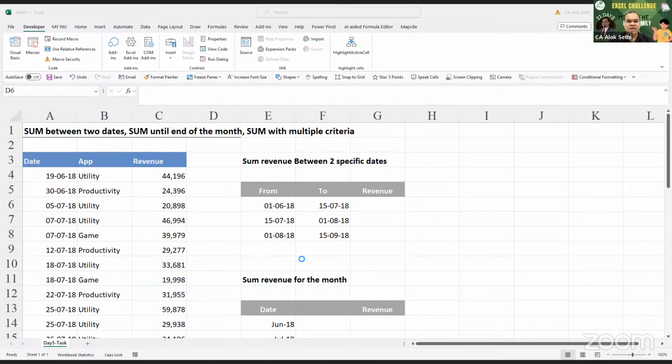Now suppose I want to extract the year, month and day from the date. Then I can use these three functions: year, month, and day. If I write year and select the date, it will give me the year from the date. If I write month and select the date, it will give me the month from the date in number. And if I write day and put the date, it will give